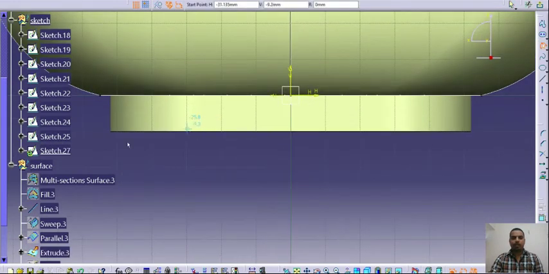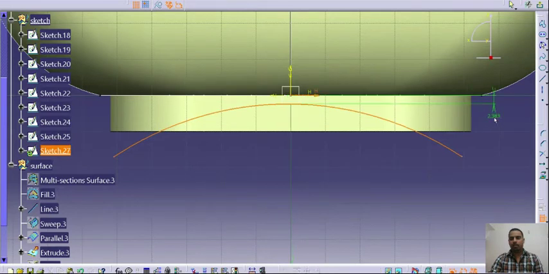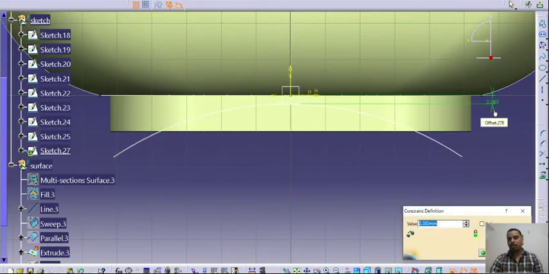And I will create an arc like this one. And I will keep this distance as 2.5.